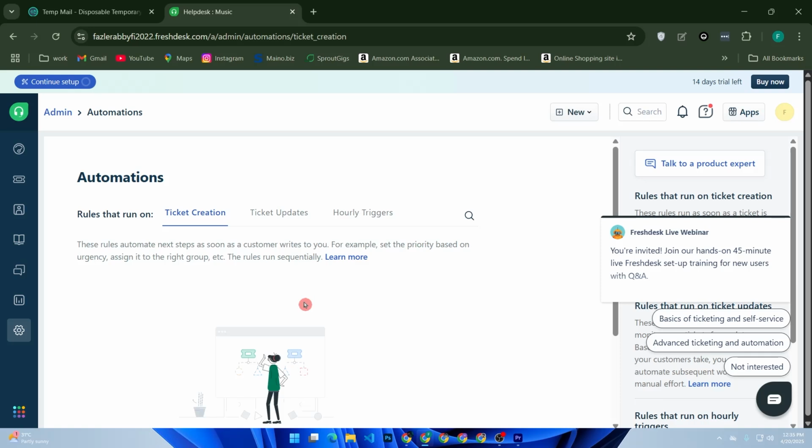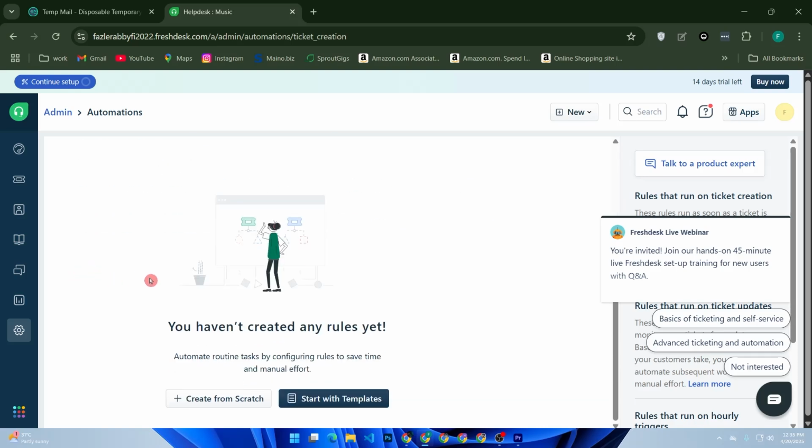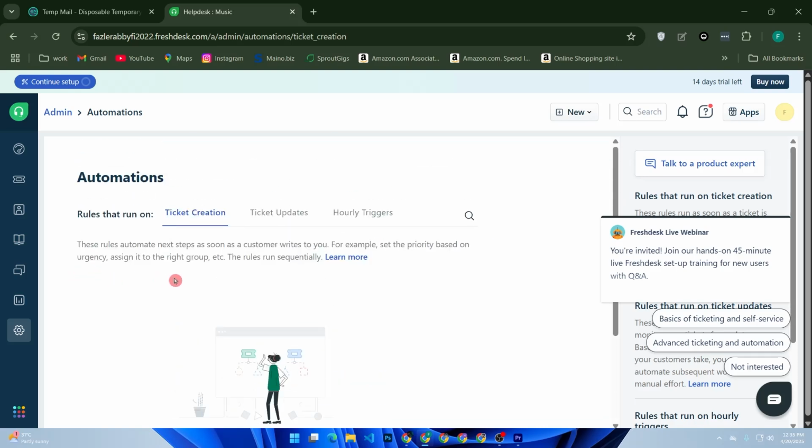Click on reports tab. Freshdesk provides reports like first response time, ticket resolution time, agent performance, great for spotting bottlenecks